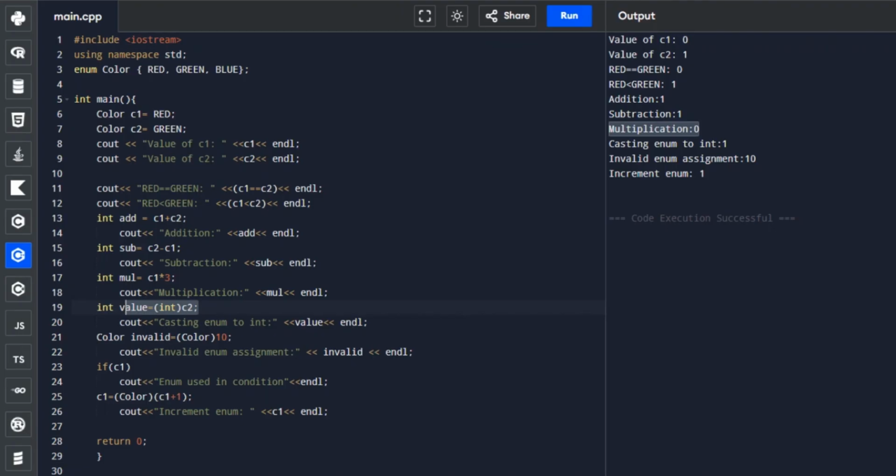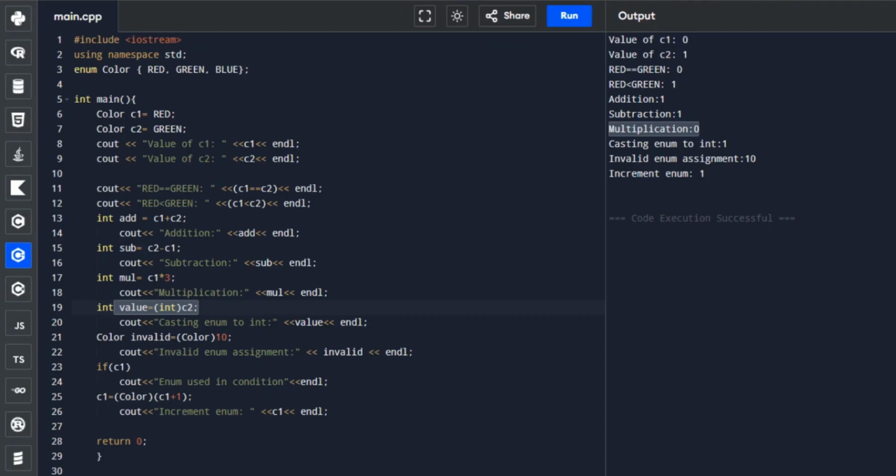After casting, it displays the integer value, which is 1, because our C2 value in the enumeration is 1, and we converted it into an integer. It allows you to convert from enumeration to integer.